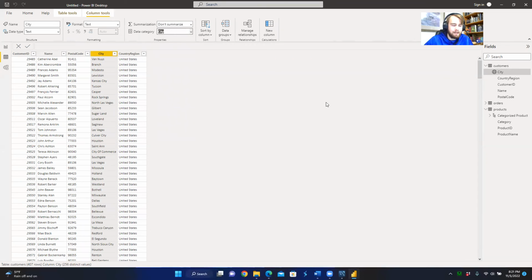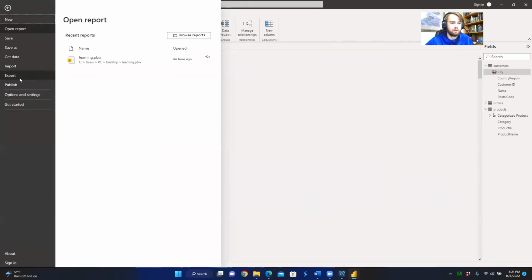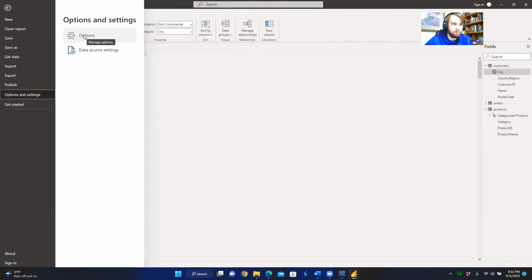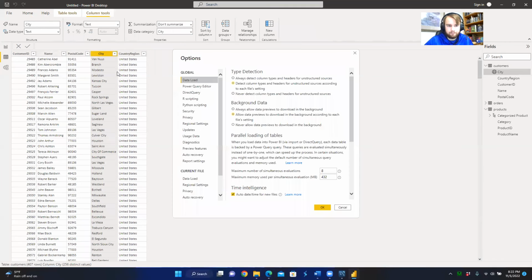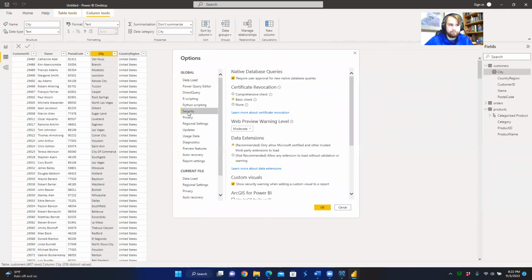That'll make sure that Power BI here recognizes this column, that these are city names. So we're going to go to the File menu. Next, we're going to go to Options and settings, and then we'll go into Options. And we're going to go to the Security section once that pops up. Okay, Security right here. And then you're going to go down